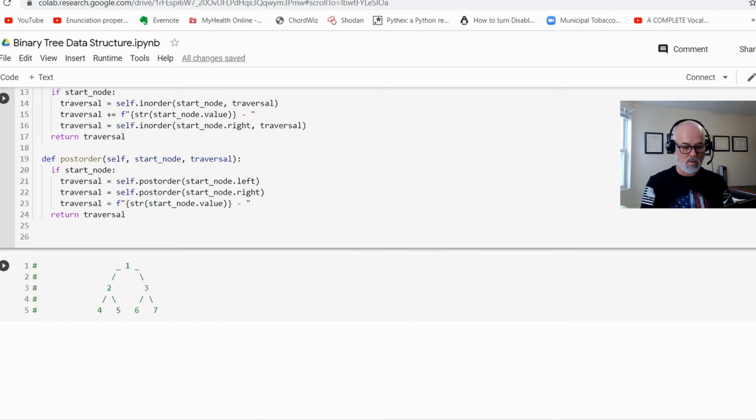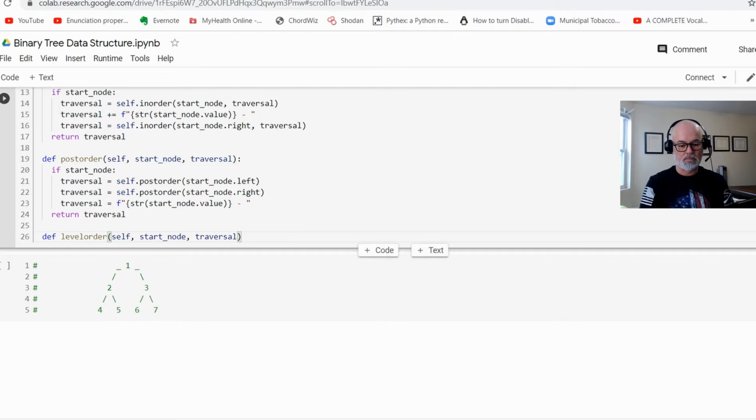So this is one level, another level, another level. So there are 3 levels here, counting the root node level. So I want to set up a method that will do that. So this would be def, I'm going to call it level order, self start node traversal. As before, colon,